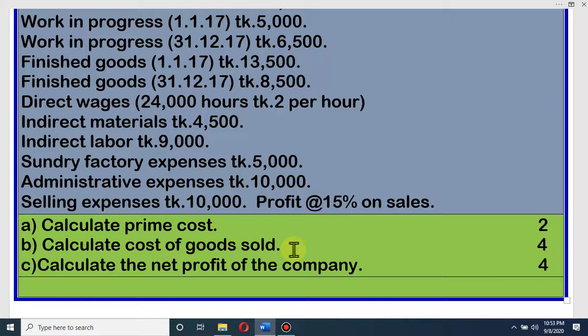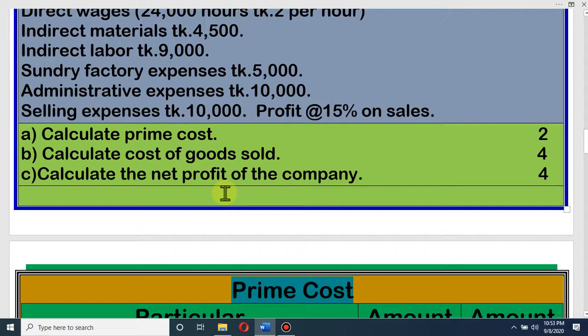Dear student, if you can memorize and learn, it will be easier for you to solve this math. If you cannot memorize, I request you to at least keep the formula pages in front of you at the time of doing your math. Then you can easily solve it, and by practicing lots of math, inshallah one day you can memorize the formula. That means you will know which item is written in which place. Dear student, let's come to the math.